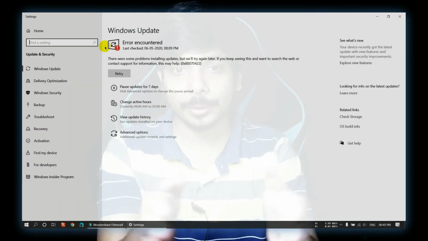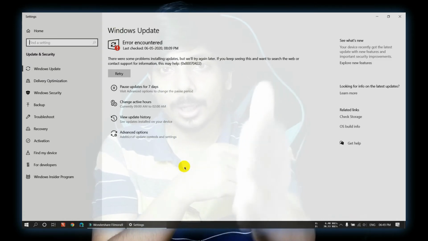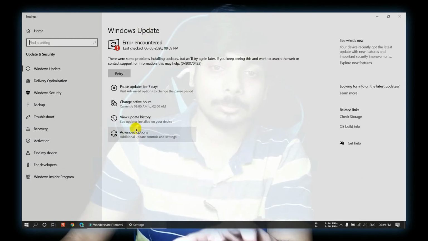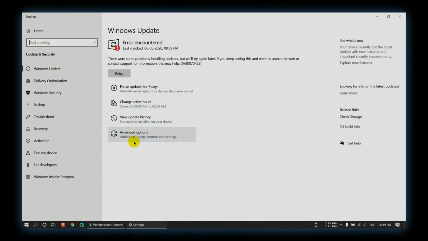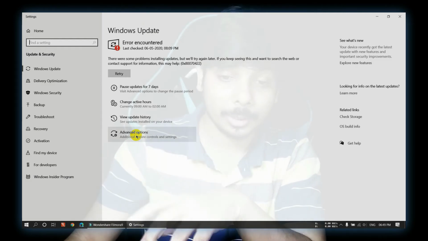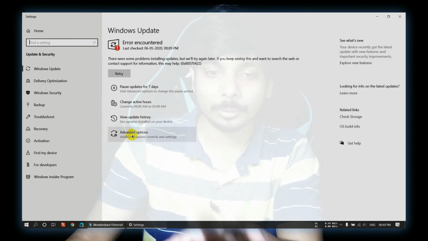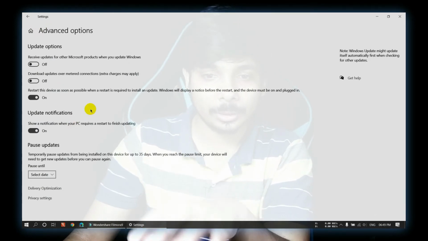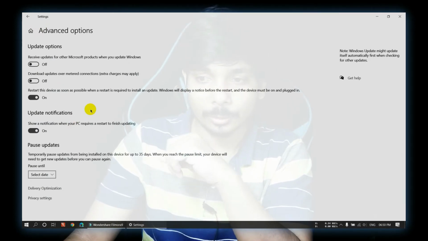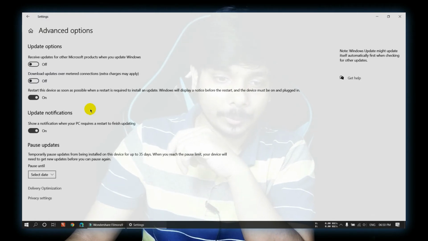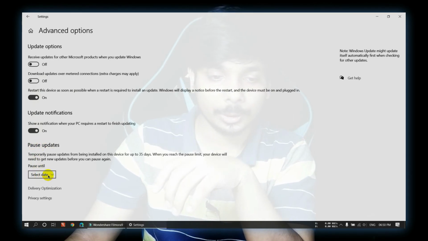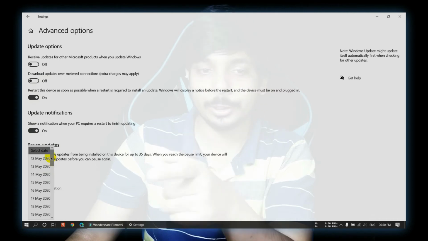On the left hand side there will be the options, and next to that there is Windows update written in big letters. From there you have to go to advanced options. It will be a bit left from the center. Go to that. There you will see at last pause updates. You can go there and just select a later date.